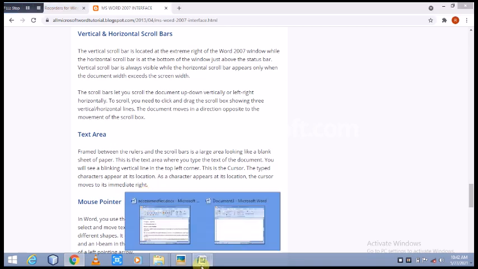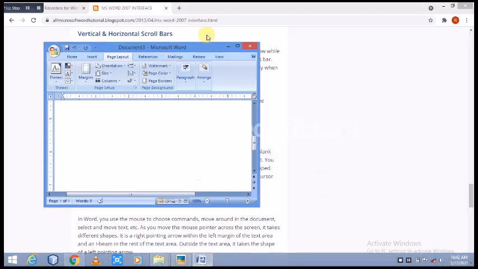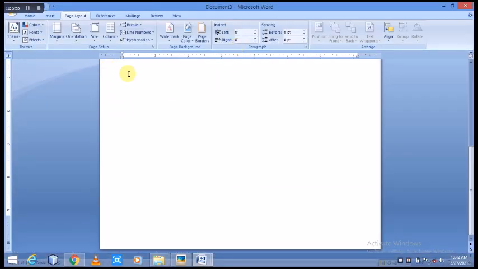Now you can see out here, this whole area is a text area where we can type anything. You can see that vertical cursor that has been blinking, meaning our text will be typed there.